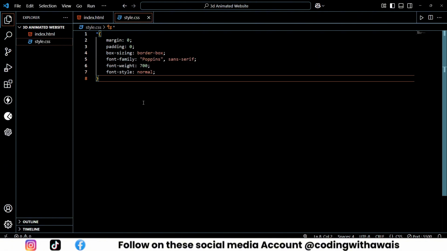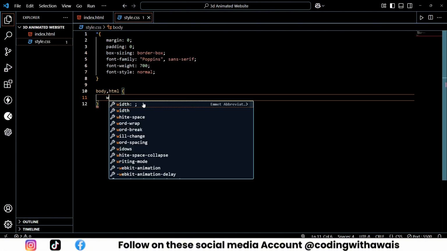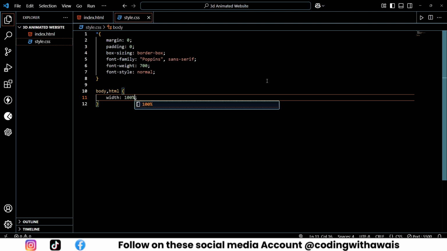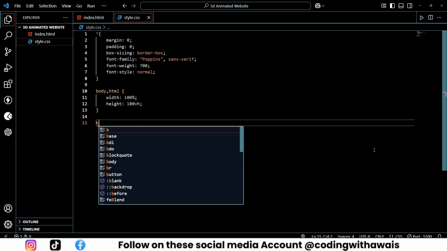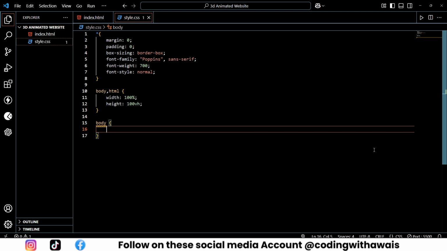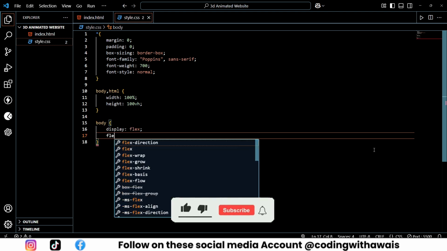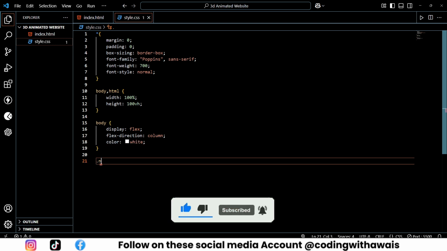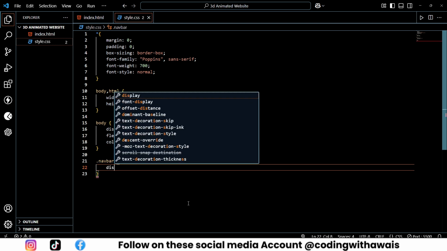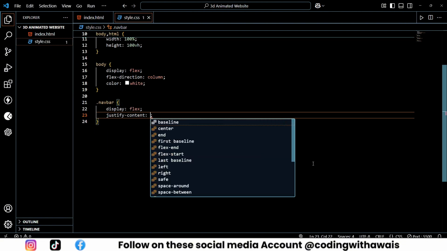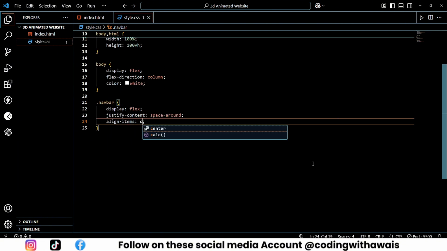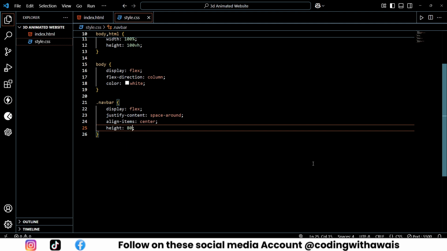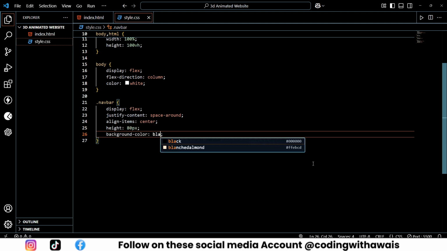Now give styling to body and HTML. Give height 100vh and width 100%. Then give styling to body, display flex, direction column and color white. Now give styling to navbar, display flex, justify space around, align items center, height 80 pixel and background color black,